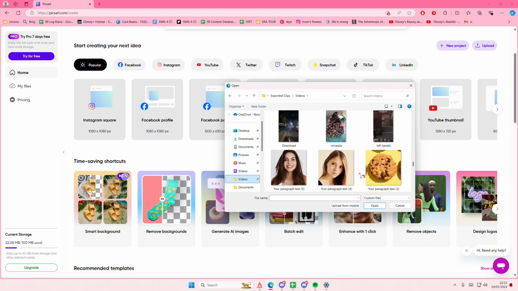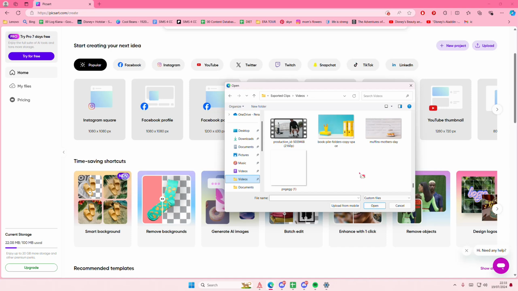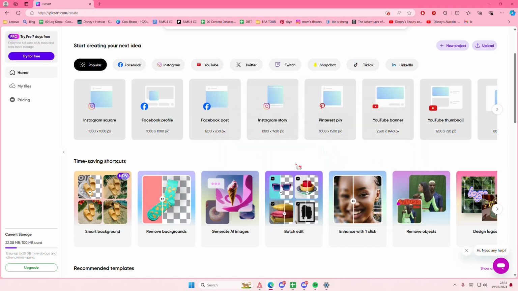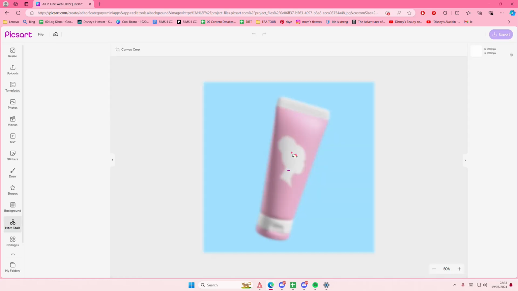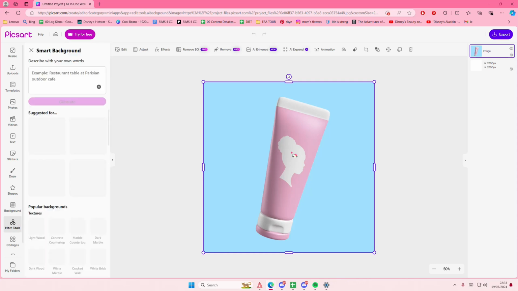I actually don't know where it is. Oh, here it is. Okay, I'm just going to select that. And it's going to redirect me to another page. So it will remove the background, I think, and it will